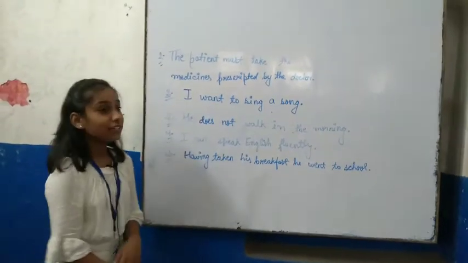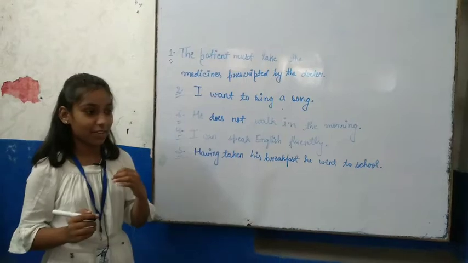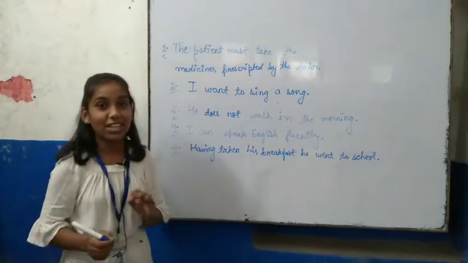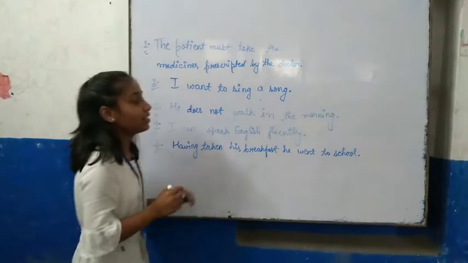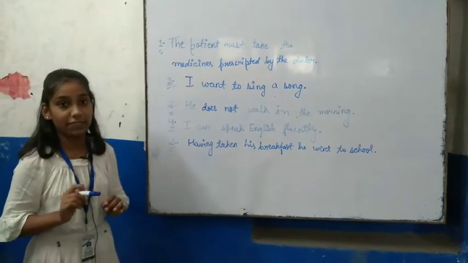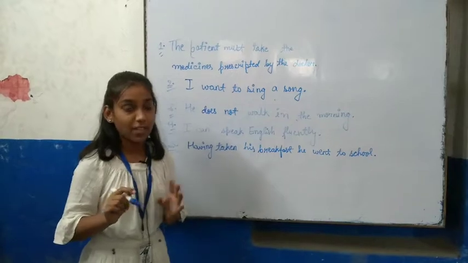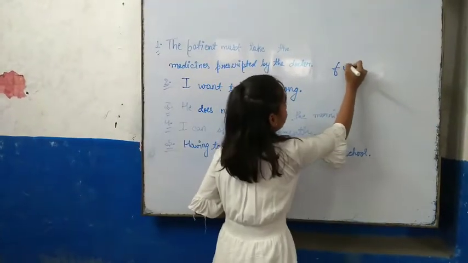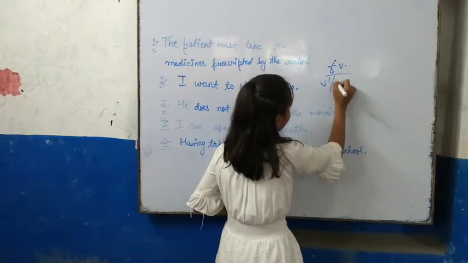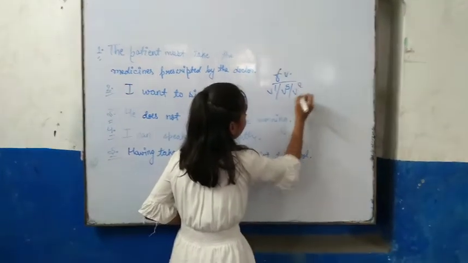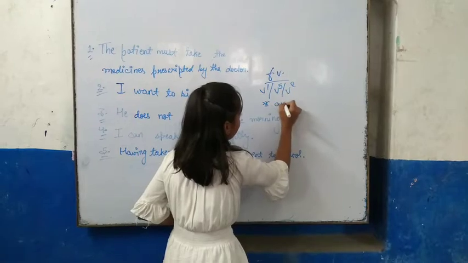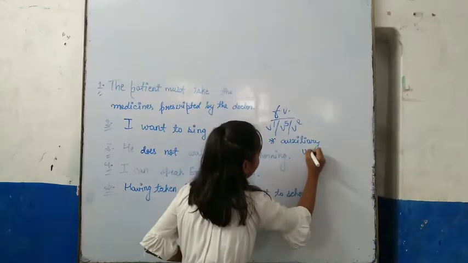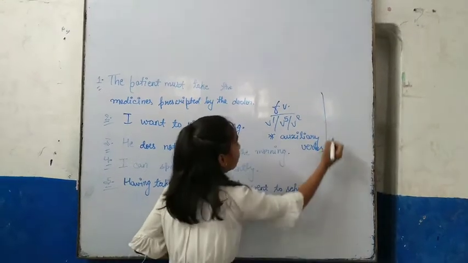I am here to tell you how to identify a finite verb or a non-finite verb in any sentence. Firstly, in the list of finite verbs, we have three forms of verbs: V1, V5 and V2, and also auxiliary verbs. And in non-finite verbs,